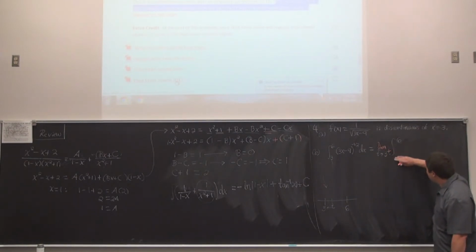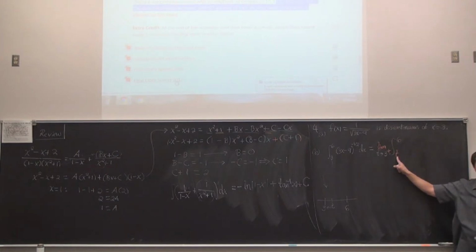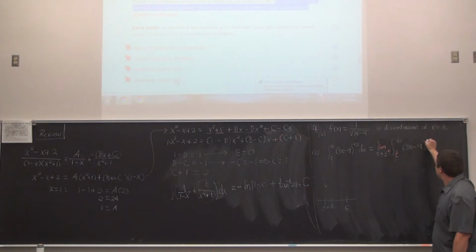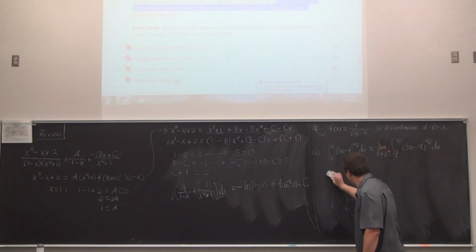So that'd be the second thing, or really 3 things altogether, that would have to be at the very setup of this problem. There has to be a limit, there has to be a specific direction, and the limits of integration would change. Then we just throw in 3x minus 9 to the power negative 1/2 dx and run through the process. Any questions so far with the setup? Okay, so for this problem, I think I gave about 3 points just for the setup. Then 2 points are just for evaluating the antiderivative itself and stating whether it was convergent or divergent.